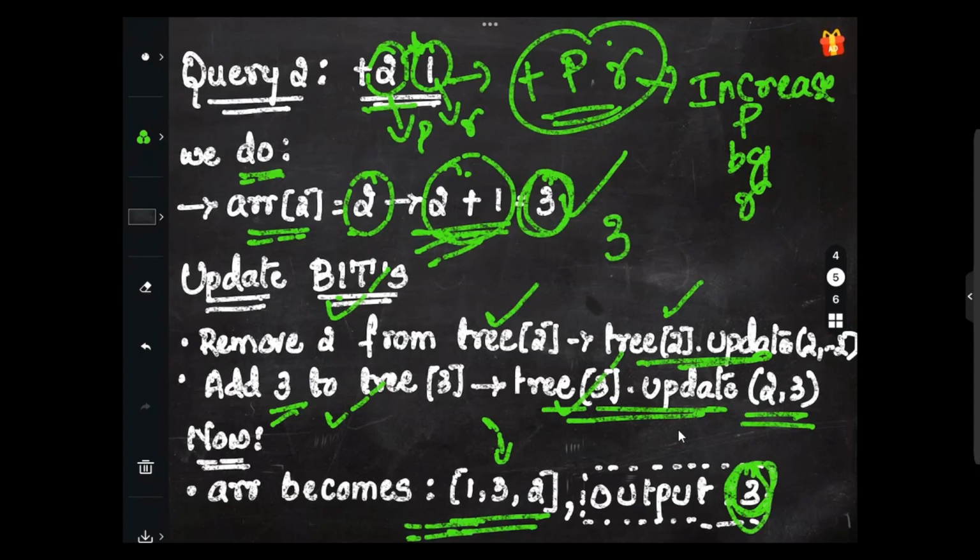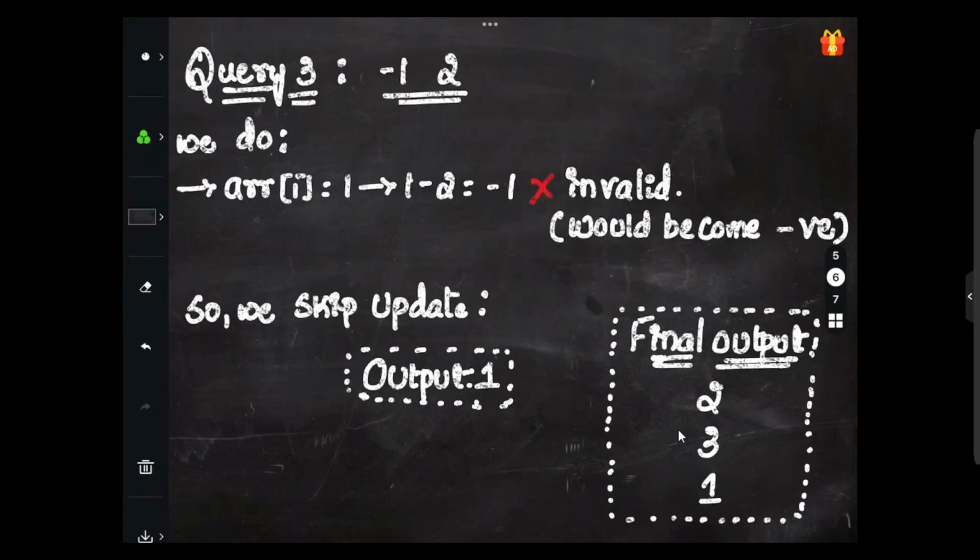For the second query, we have got the output 3. For the first query, we had got 2. For the second query, we have got 3. Right? So let's move on with the third query. Now for the third query, we have minus PR. So we have to